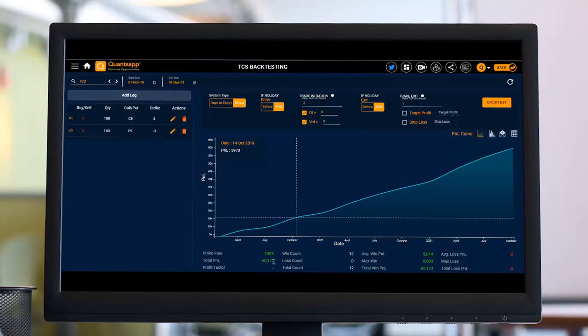So directly my strike rate has been shifted to 100%. Now that doesn't tell you that next time also it is going to happen, but backtesting, as the name suggests, shows us the historical data, the history, what has happened if we would have executed this strategy as per these conditions. So I would say that is how in next to no time we can go ahead and backtest our strategy. So now this strategy is giving us 100% return.